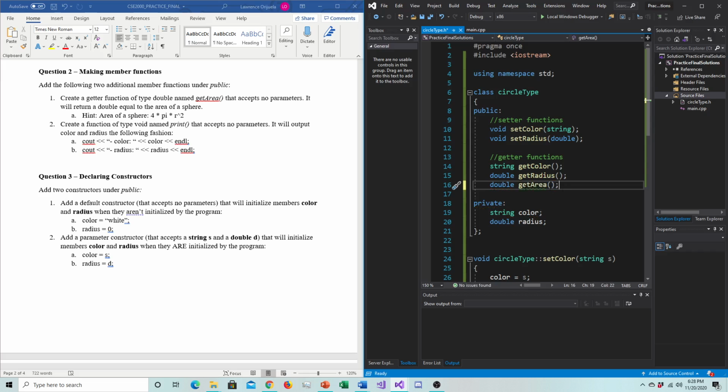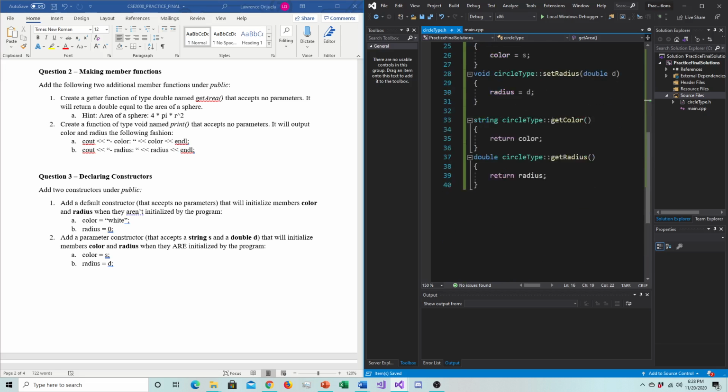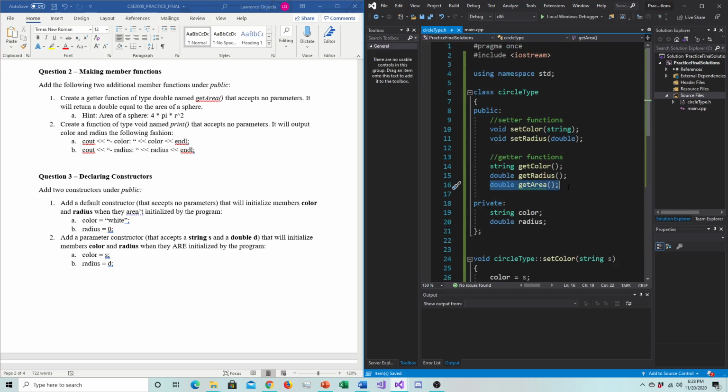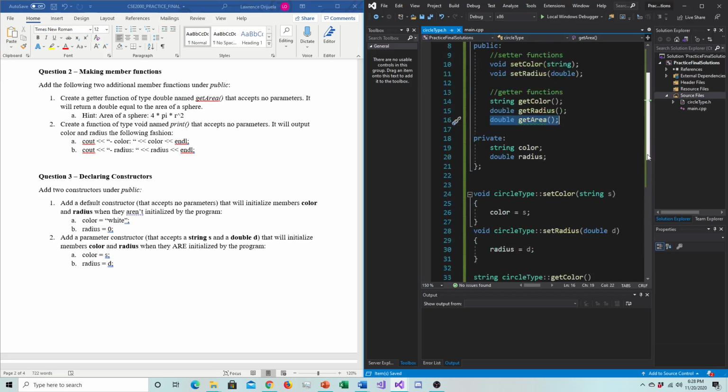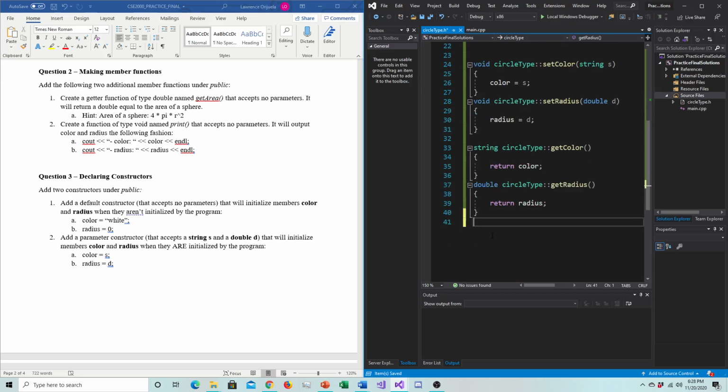Now, it's always a good idea to have the function prototypes in the same order as the definitions underneath. So I will copy this, scroll down, put it over here, add the CircleType:: in front, get rid of the semicolon, add squiggly brackets, and now it must return a double equal to